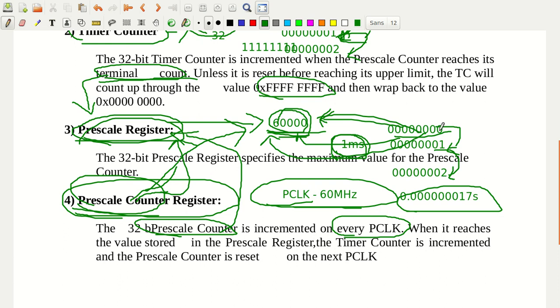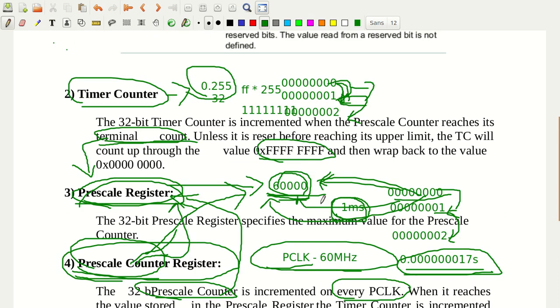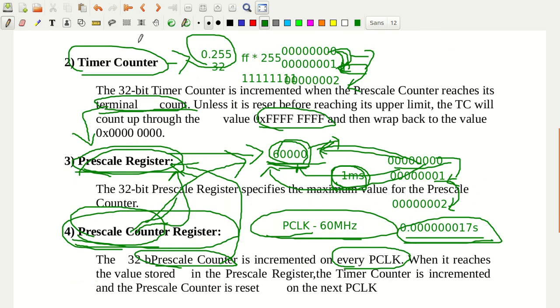This prescale counter gets incremented by 1 for every this amount of duration, from this value to this value. When it reaches the terminal count, it takes 1 millisecond. Then after it reaches the terminal count, in the next PCLK cycle the prescale counter is going to become 0 0 0.